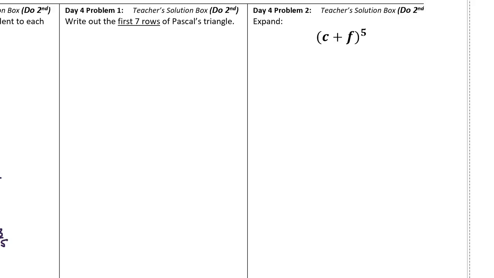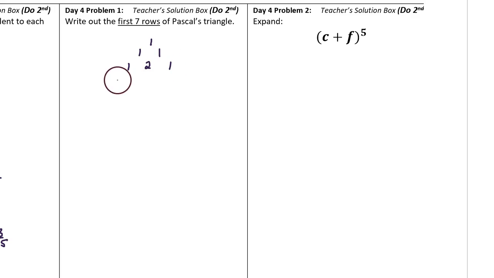Here's the answer for day 4, problem 1. Write out the first 7 rows of Pascal's triangle. It begins with a 1, and then the second row has 1 and 1. The next row begins with a 1, and then you add these numbers together, creating 2, and then it ends